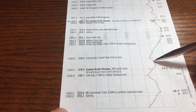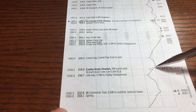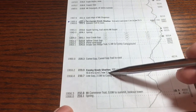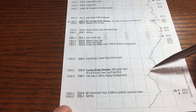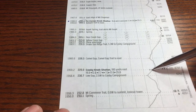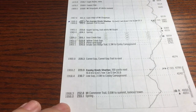So I remember sitting here at this intersection with a trail sign going down to the shelter, going, "What do I do?" It's 3 o'clock in the afternoon. It's 7.1 miles. That's more than a half day coming out of Newfound Gap, but it was downhill, and you'll see it's even more downhill. And so I decided I would go for it, which meant for me I think a 14.8 mile day, which was a very significant day for me at this point, and this is in the Smokies. So I went for it and headed down